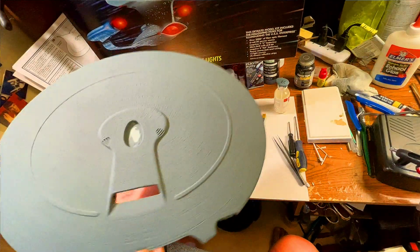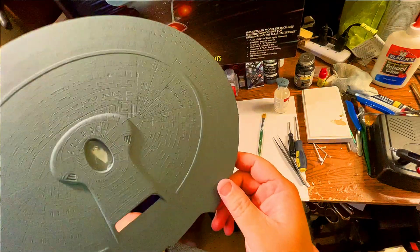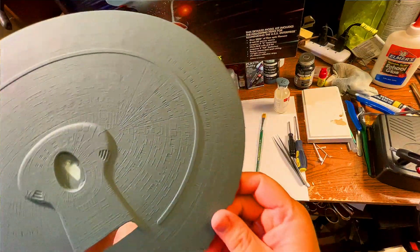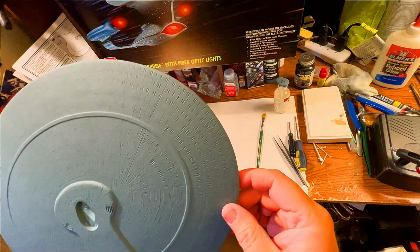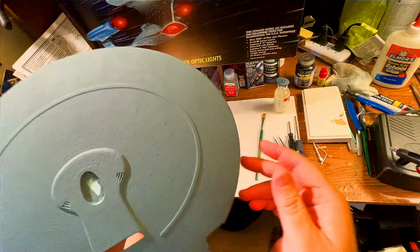Okay, so it had a chance to dry. I let it dry overnight, so both coats are nice, even, stroke and brush free. I think the 2 coats is going to be enough, and it's looking good, so we can move on now